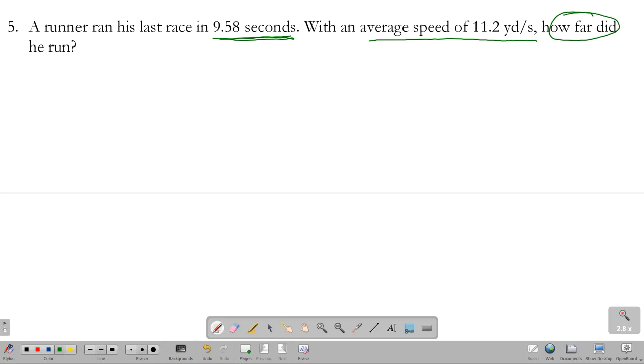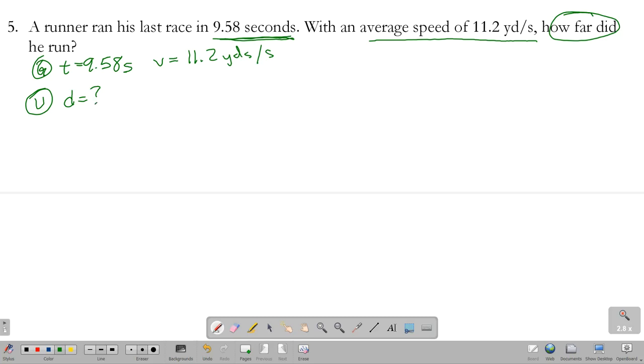Okay, so we'll go to our givens here, and it does give us a time, 9.58 seconds. And then it also says that he has an average speed of 11.2 yards per second. Our unknown here is distance, how far did he run,